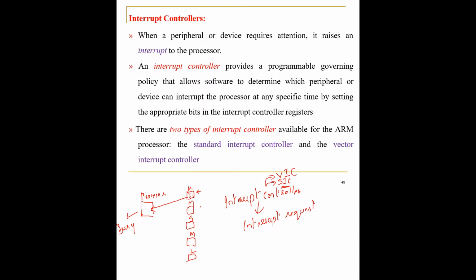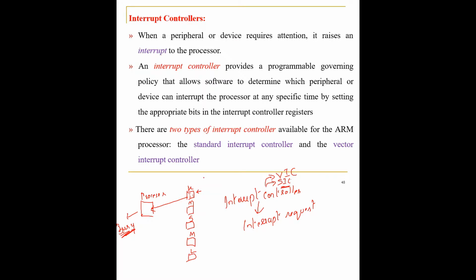The processor can accept the request or deny the request based on the interrupt handler or the device bitmap register that has been set by the interrupt controller. So the processor need not always accept the data given by the keyboard. It can deny or mask the interrupt request, or it can tell the keyboard, wait, I am doing some work, let me finish my work and then I will accept the data. Or it can stop the work it is doing and accept the data from the keyboard directly. That is how standard interrupt controllers work.